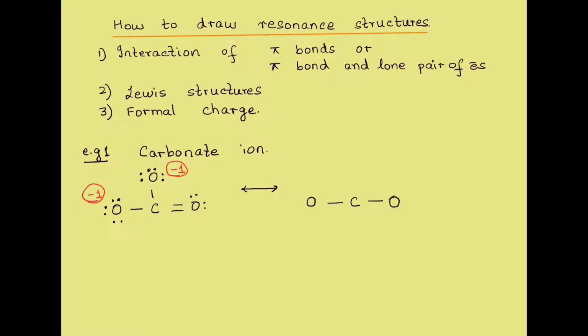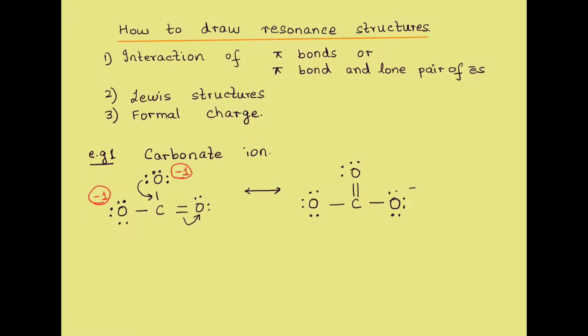So that means this oxygen has its electrons. So the pi bond moves back. And the lone pair of electrons from the oxygen on the top comes and forms a double bond with the carbon. So with the result 1, 2, 3, 4, right? Whereas the third oxygen is silently observing all this. So you notice now the formal charge would be -1 here and a -1 here. Overall the charge again remains the same.